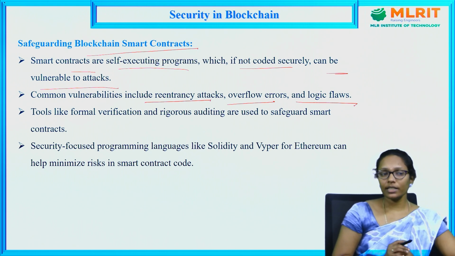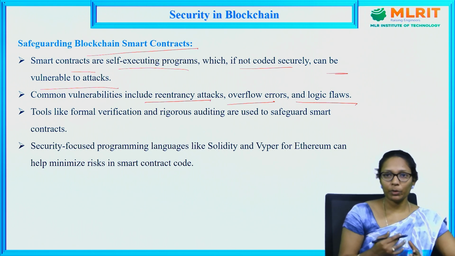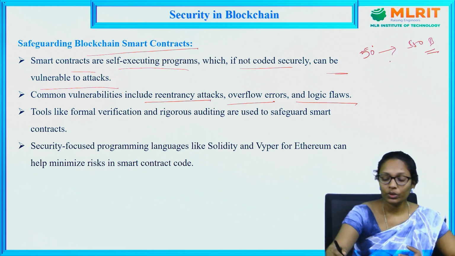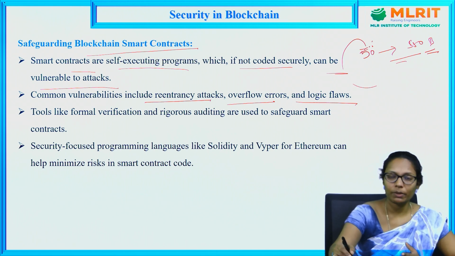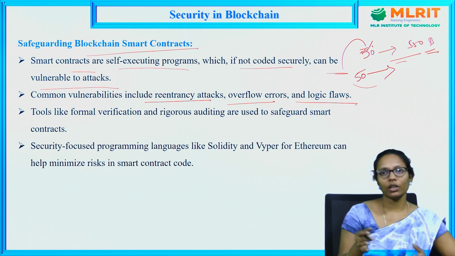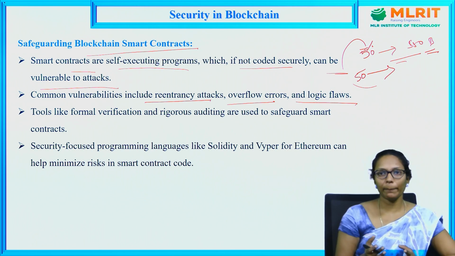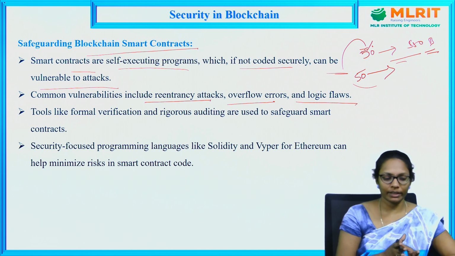Re-entrancy attacks, in the sense, a function is doing an action, and without completing that, it is again doing the same task. For example, I have 50 bitcoins in my account. I want to send all these 50 bitcoins to some other account B. While this transaction is still happening, again the same function will be called, and the same 50 bitcoins will be transferred to some other account or used for some other purpose, something like double spending, right? It may happen if the code is not correctly written.